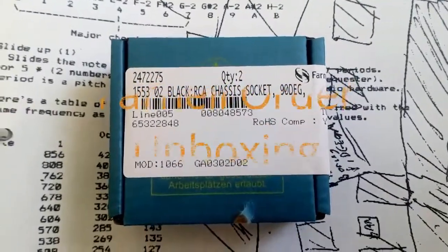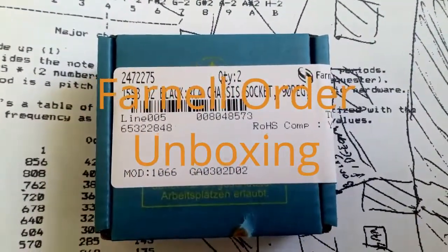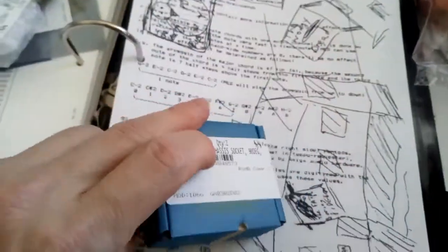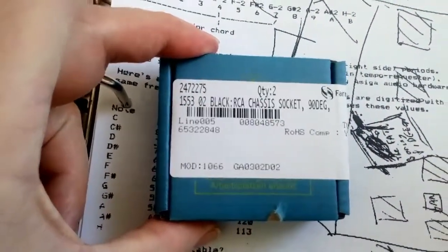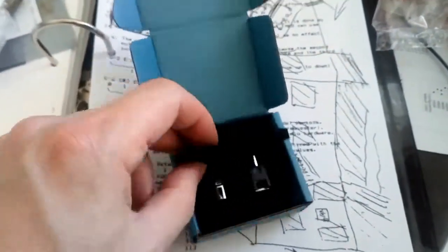Here's an example of the care and attention that Farnell Element14 lavish upon their products. Here we have a proper integrity anti-static box containing two black RCA chassis sockets, which really don't need to be in an anti-static box. However, they have your proper anti-static foam, anti-ESD foam,